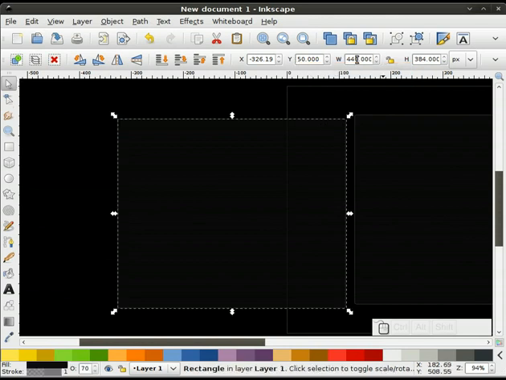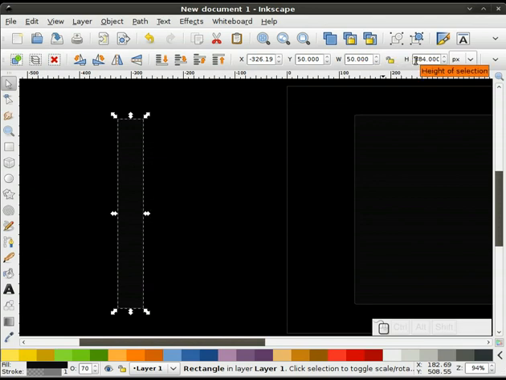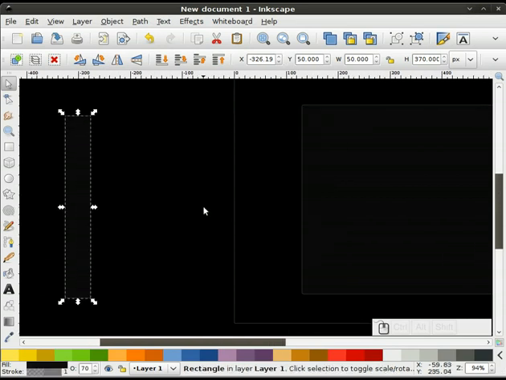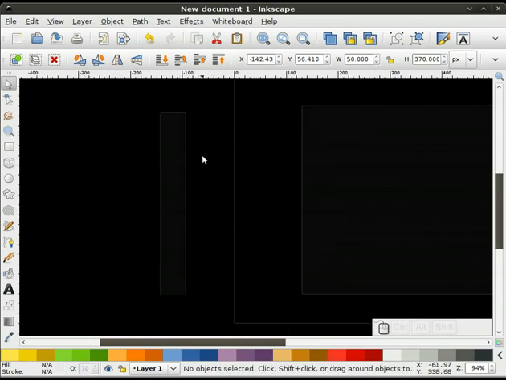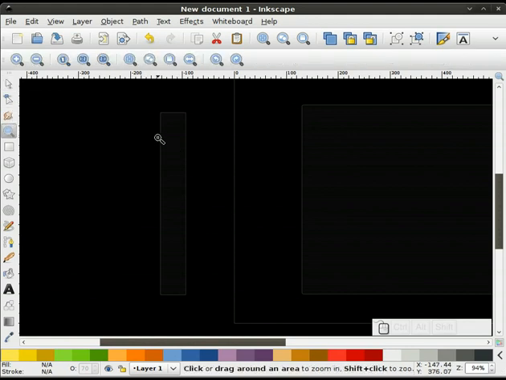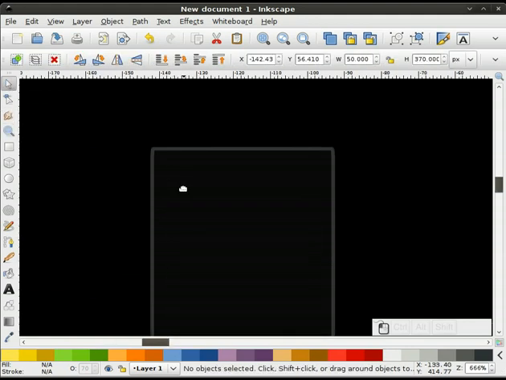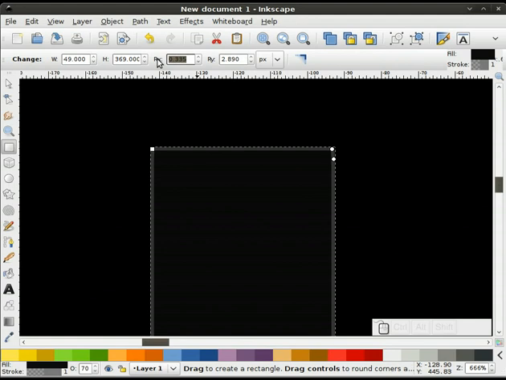Oops, that's the wrong one. Let's try the width here. 50, 370. Okay, and what I want to do for this particular, well, let's make sure that I've got my radii correct